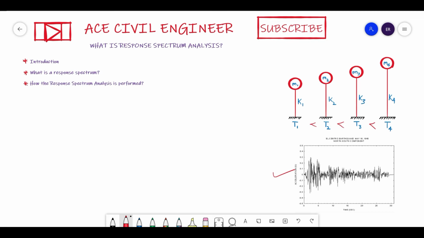So for these, friends, what I am doing, I am going to plot the time history of its displacement for the earthquake motion, this one. For this earthquake, I am going to apply this ground motion in all these four oscillators. So in all these four oscillators, I am going to plot a graph, that is the time history of displacement. Time history of displacement means, friends, the y-axis is displacement and the x-axis is time. So small t, this is the x-axis.